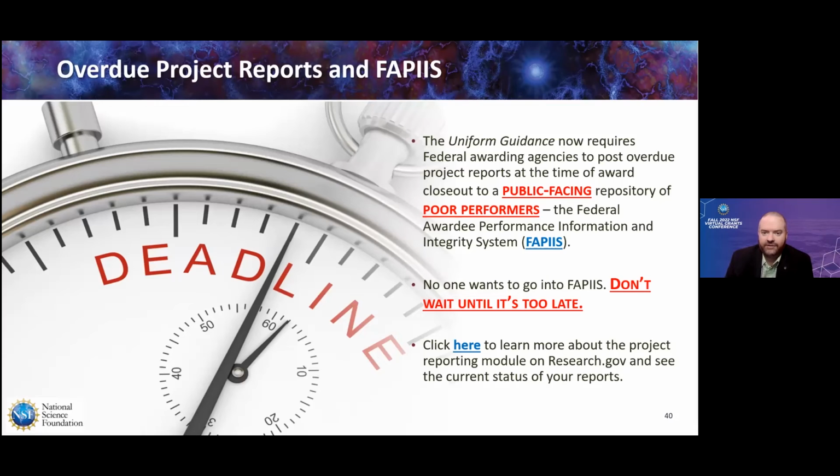Recent uniform guidance changes now require federal agencies to post overdue project reports at the time of award closeout to a public-facing repository of poor performers. And this system is called FAPIS, the Federal Awardee Performance Information and Integrity System. So this means if the required reports aren't submitted within 1 year of the period of performance end date, so your annual performance reports, final performance reports, or project outcomes reports,